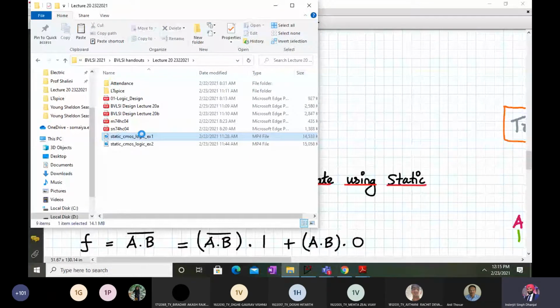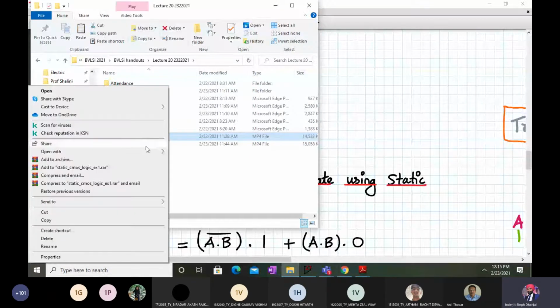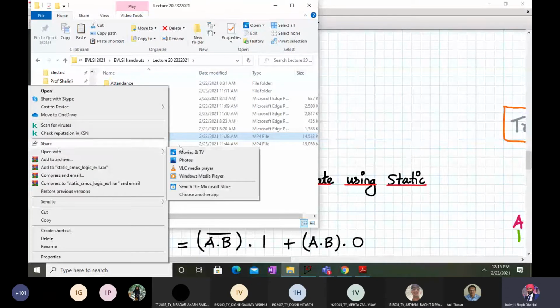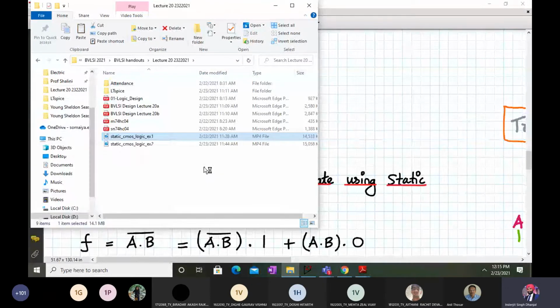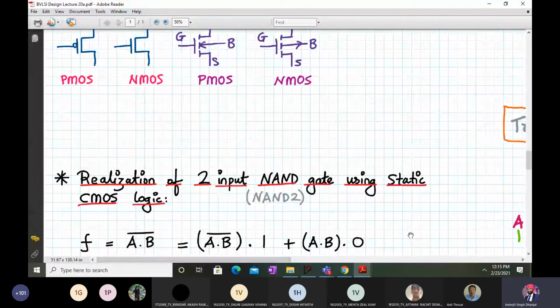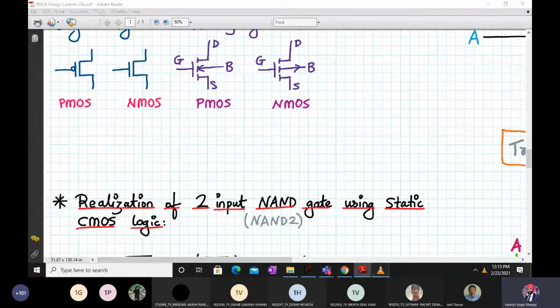Please try it out using static CMOS logic. Write down the question: implement a 2-input NAND gate. I know that you might have done it in the lab, but still. I have opened the video and now we are going to see it. I've explained that over there.